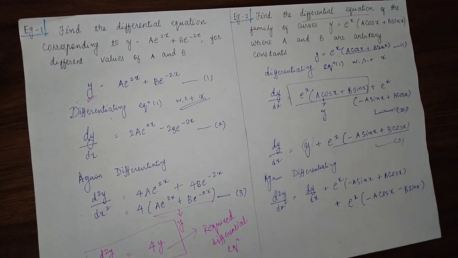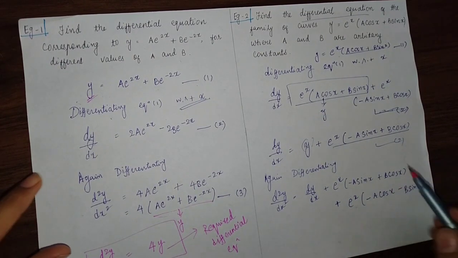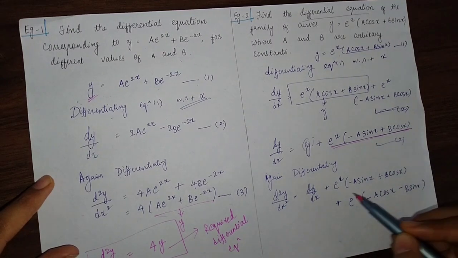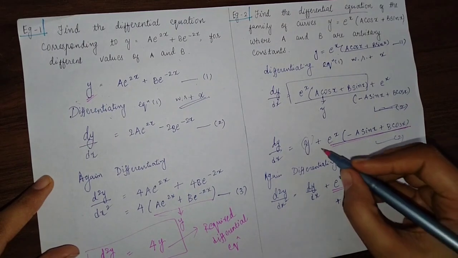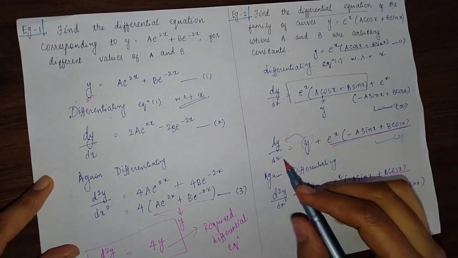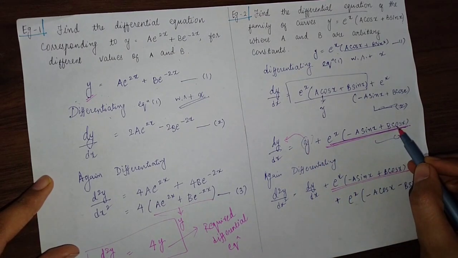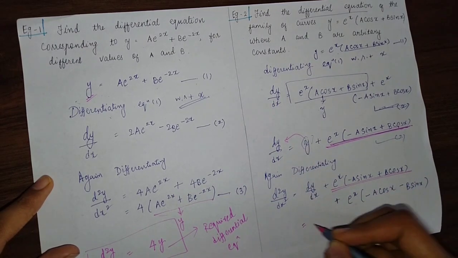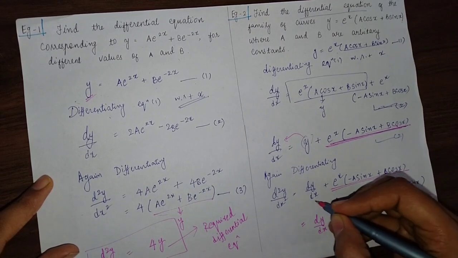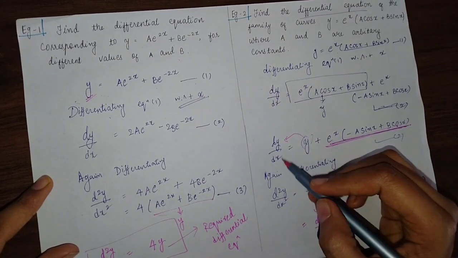Now you can see that here e raised to x into minus a sin x plus b cos x, this term is there. So instead of this term I can write dy by dx minus y. If I take this y to this side, then it will be dy by dx minus y, and I will get the value of this expression. So instead of this term I can write dy by dx minus y. So it will be dy by dx. Dy by dx is already here. Plus, in place of this term what will I write? Dy by dx